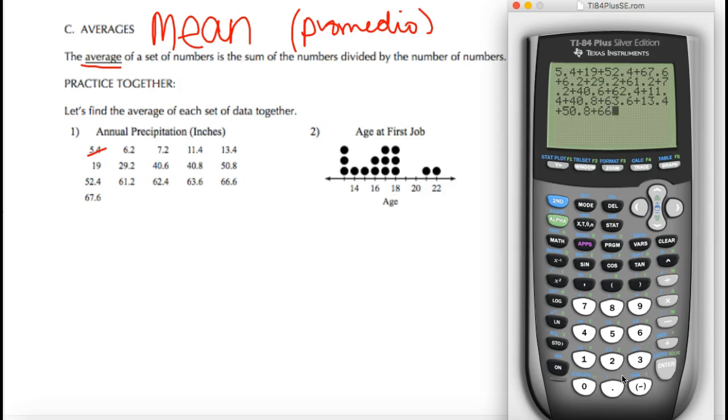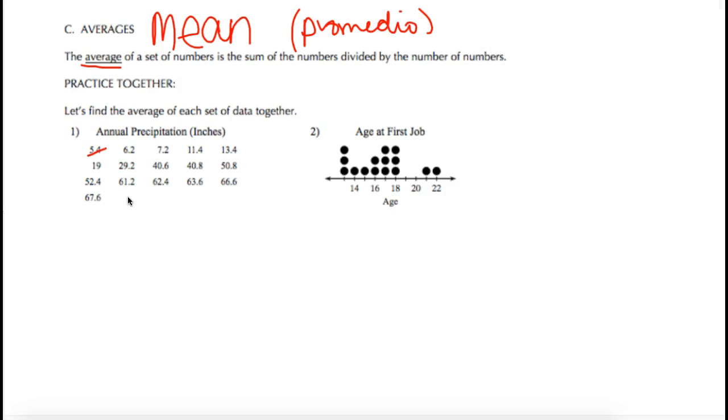and 66.6. So let's count. 1, 2, 3, 4, 5, 6, 7, 8, 9, 10, 11, 12, 13, 14, 15, 16. So that's good. And then when I add them all up together, I got